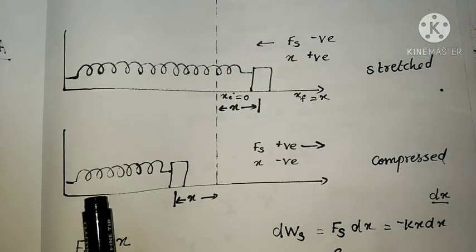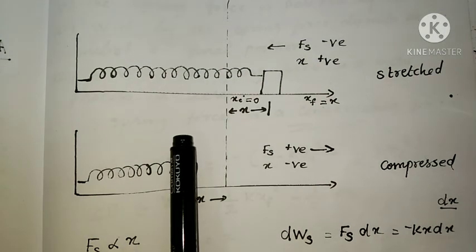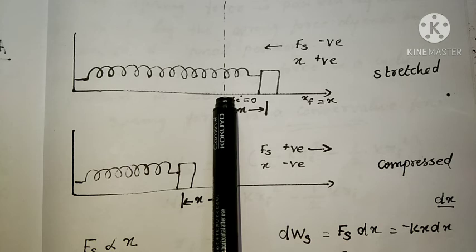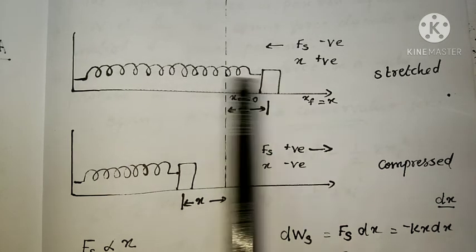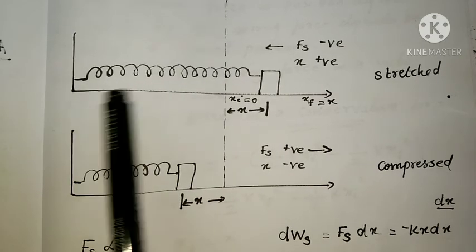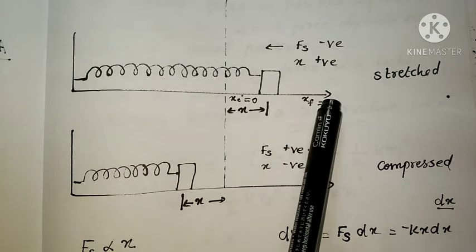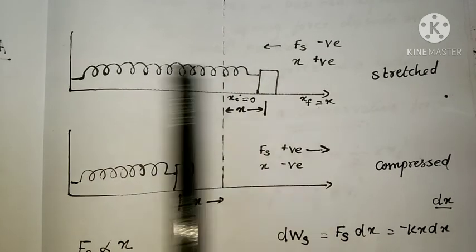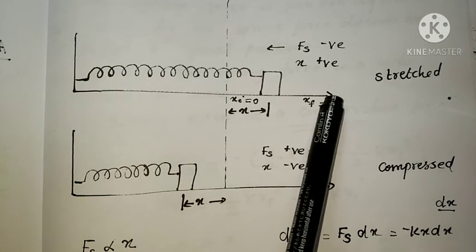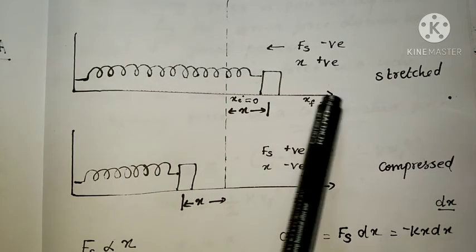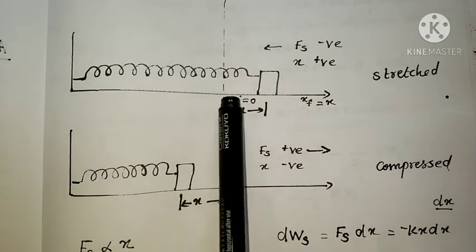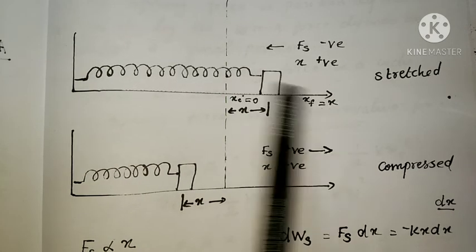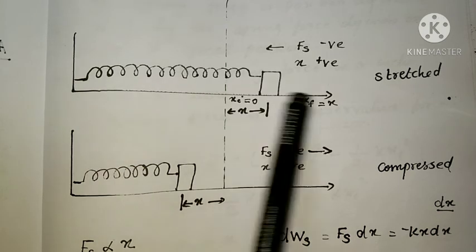Now we can see how the energy is conserved in the movement of the spring. At the extreme position, that is from the equilibrium state, when the spring moves through the extreme positions, it has the maximum potential energy. At that time its kinetic energy is 0 because when it reaches the extreme position, it stops for a second. When it stretches and when it compresses, it has the maximum potential energy, but kinetic energy is 0.